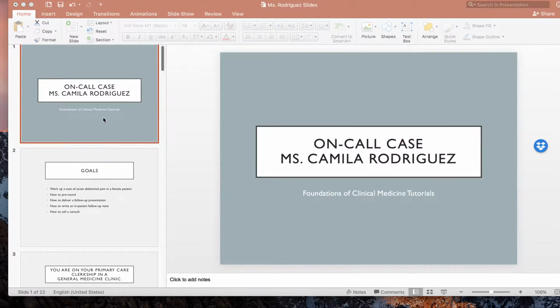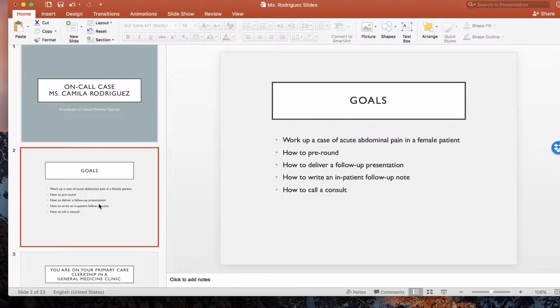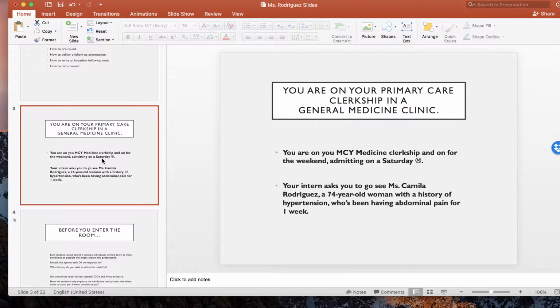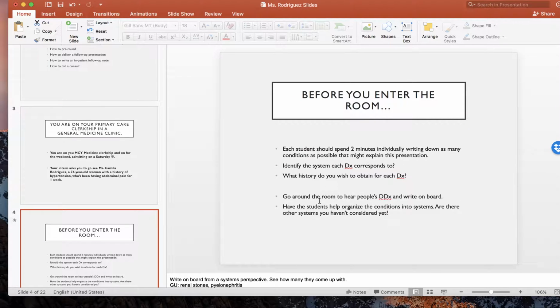So basically, you're going to throw this slide up and welcome people into the room. You're going to briefly go over the goals. And then you're going to bring this slide up and say, look, you're in MCY, you're on medicine. You're admitting on a Saturday, and the intern asks you to go see Miss Camila Rodriguez. And basically the rest of it is, at this point, you're going to give them a little one-liner, and then you're going to say, before you enter the room,